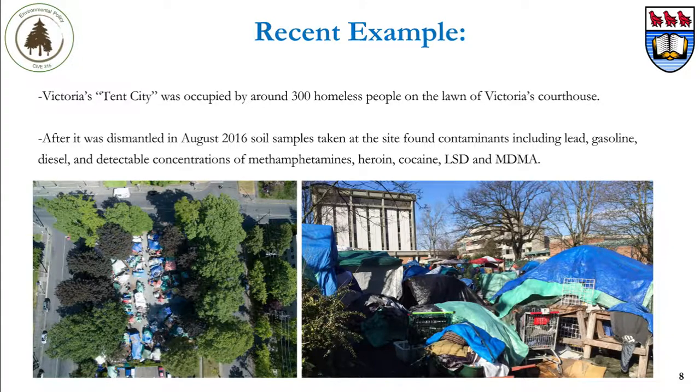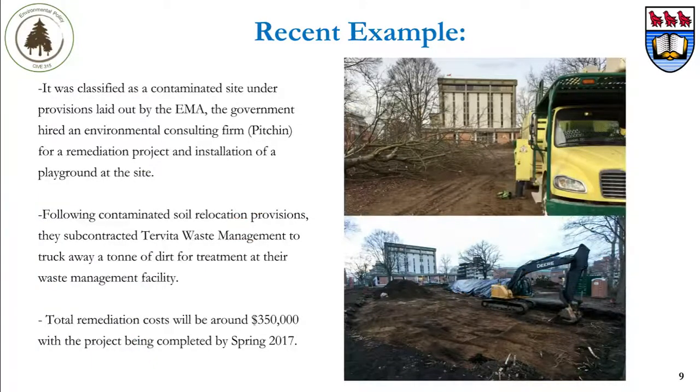A recent example of a contaminated site was Victoria's Tent City that was occupied by around 300 homeless people on the lawn of Victoria's courthouse. It was dismantled in August 2016 and soil samples that were taken at the site found lead, gasoline, and diesel, along with concentrations of meth, heroin, cocaine, LSD, and MDMA. So because of this, it was classified as a contaminated site under the Environmental Management Act,